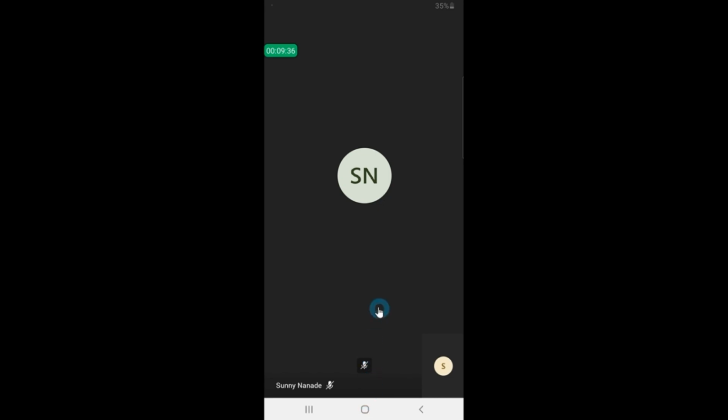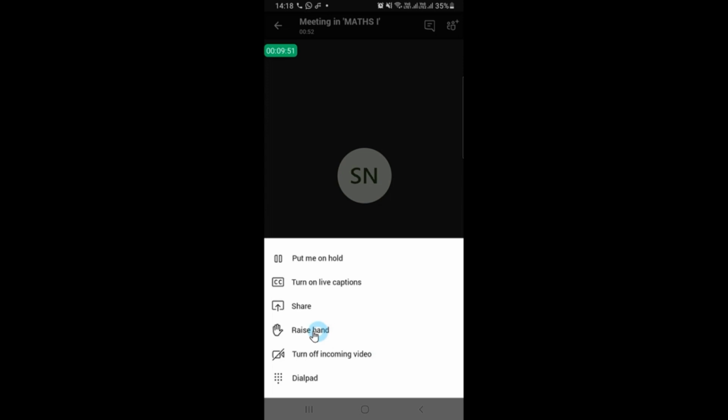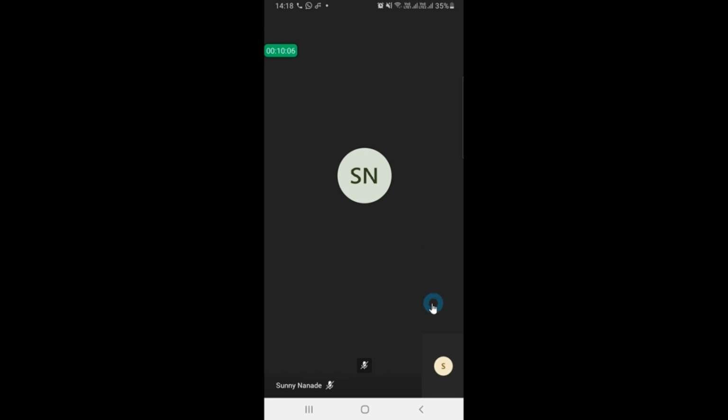By default this menu hides. If you want to wake that menu again, just click anywhere on the screen and this menu will pop up again. Just click on these three dots over here, and you will get the option to raise hand, and then the teacher would ask you whatever the query is, and the teacher will try to resolve it. So this is what a student will have to do in order to join a lecture.